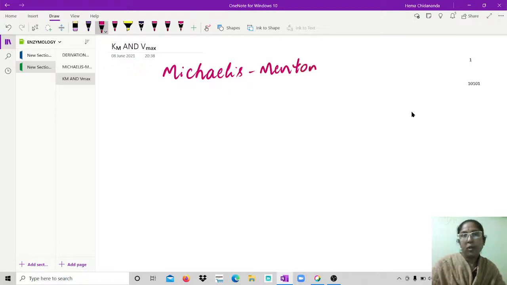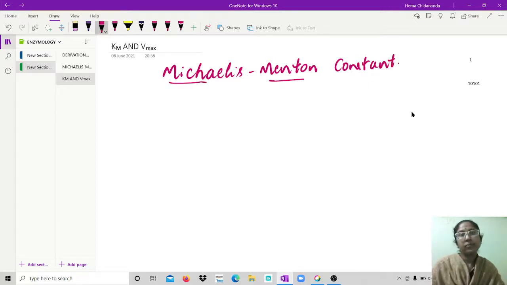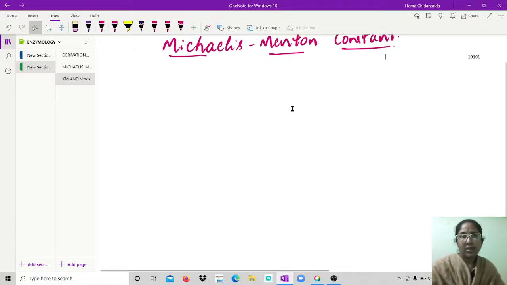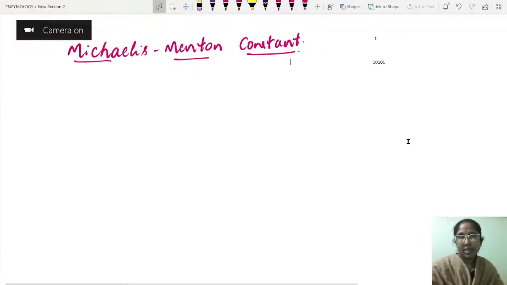So now I'm going to explain this Michaelis-Menten constant. So what is this Michaelis-Menten constant? If you just recall the last session,